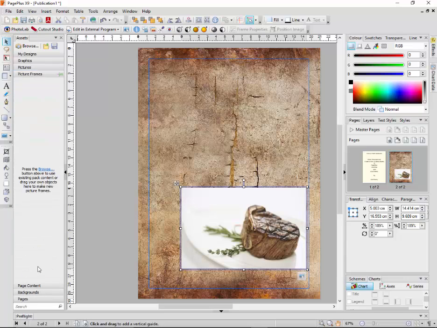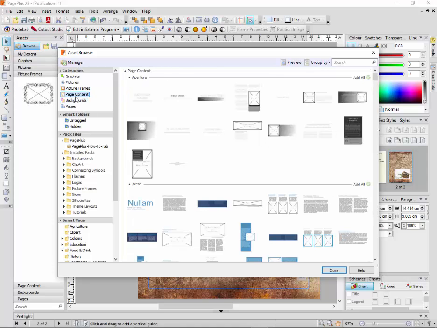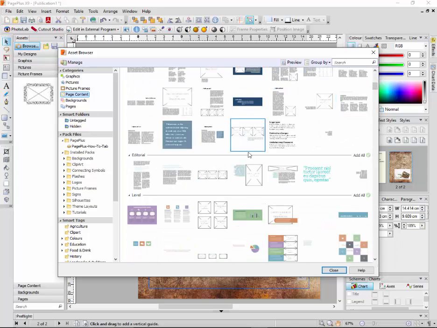You can even add picture frames. Again, if you come to Browse, there's different picture frames. So if I click on that one, but you don't have to do this like one at a time like I've been doing. I mean, if you wanted more page contents, for example, you can just click on the subsection up here, and it will add different page contents. For example, let's try that one,